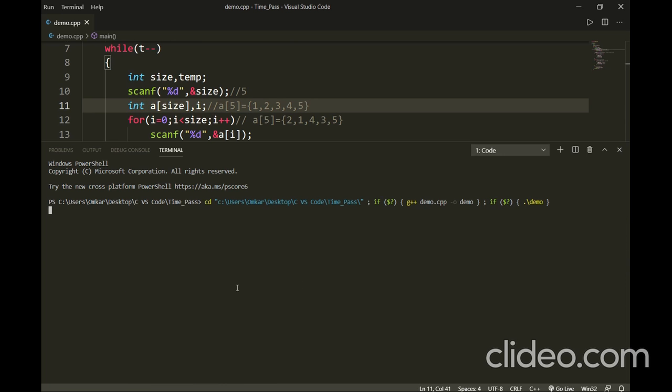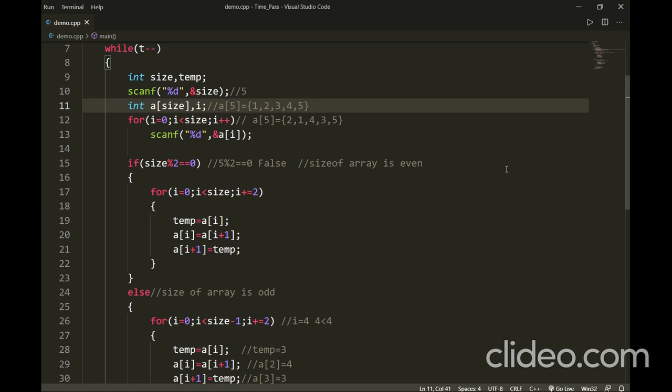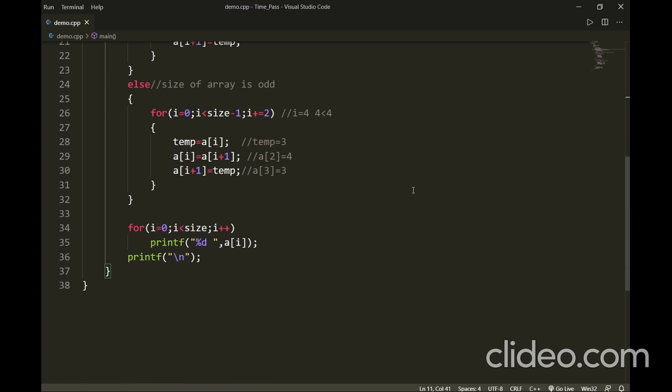Okay, so now first I'll accept the number of test cases 1. Then I will accept the size of the array as 5 and I'll input the array elements 1, 2, 3, 4 and 5. See, what is the array output I got? Output I got is 2, 1, 4, 3 and 5. Okay guys, see the output is matching. I hope that you have understood this question and found this question quite interesting. Okay, so now let's move further to the next question.